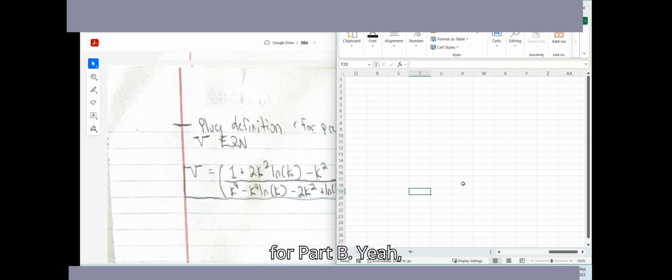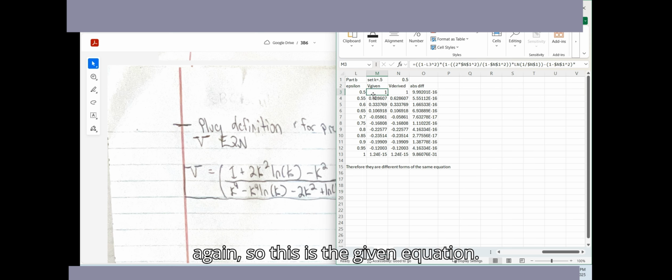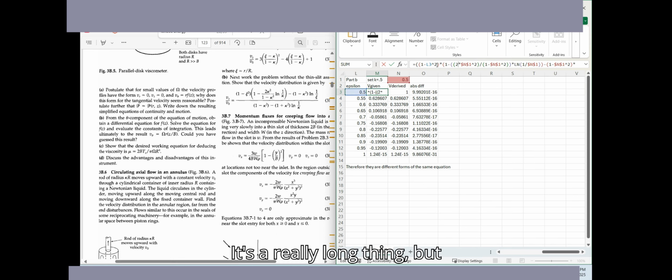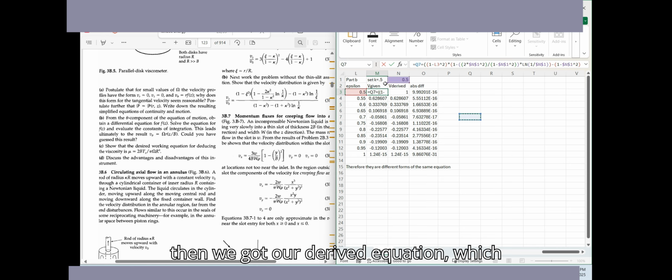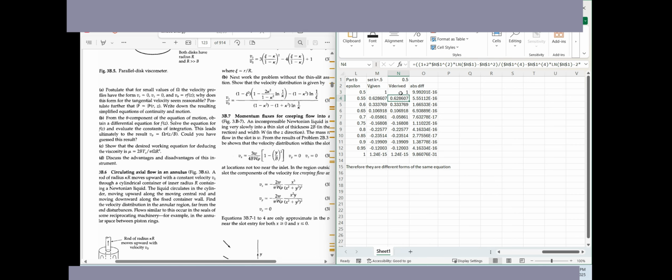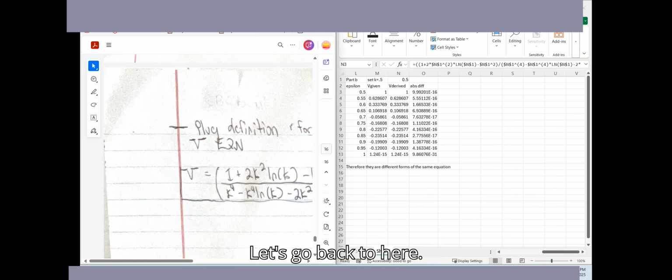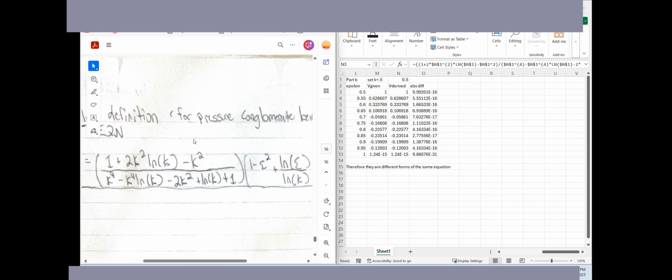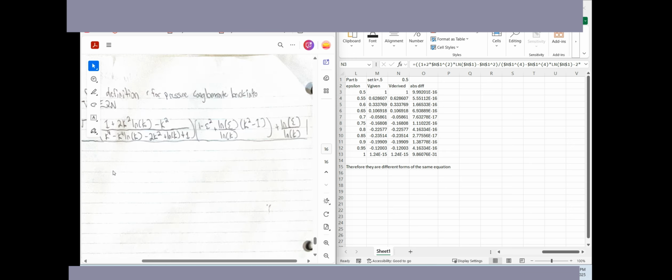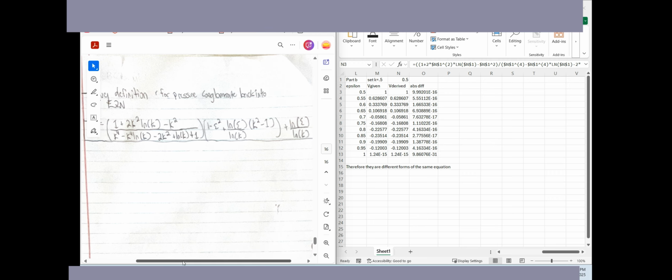For part B, again, this is the given equation. It's a really long thing, but it does match. Sorry it's so long. And then we got our derived equation, which is equally as long, pretty much. Let's go back to here. Control minus, get that out of the way. Okay, that's the whole thing. So the derived one is just this whole equation